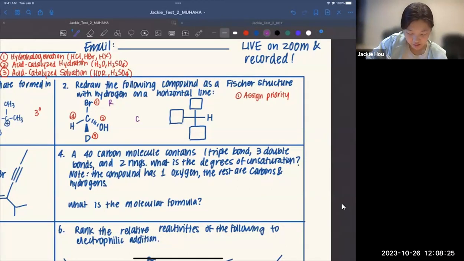So if I keep my bromine constant, and I'm just going to denote it with numbers because that's what really matters, and I change my lowest priority group and rotate it this way so that it's on the dash, and I rotate my OH over here, and then rotate my 3rd priority group over here,